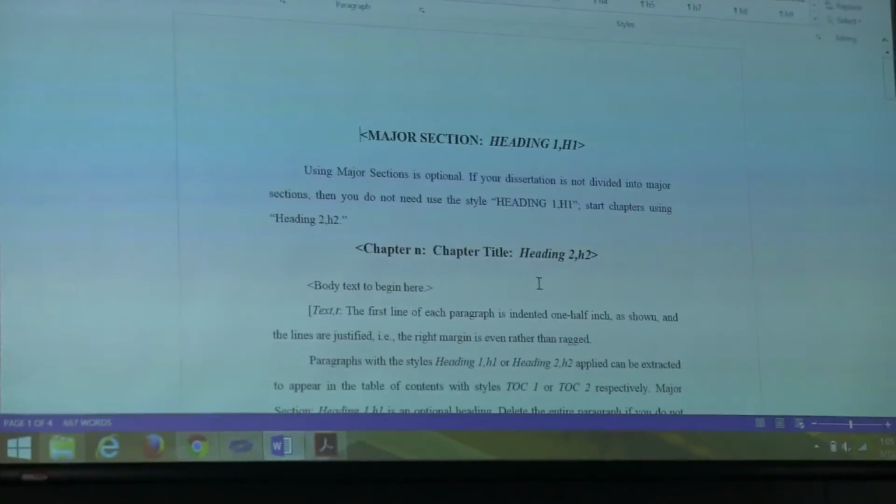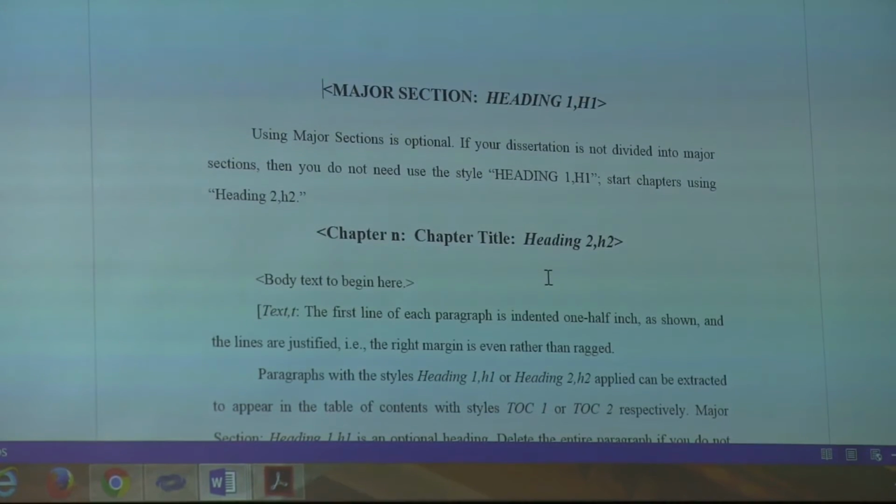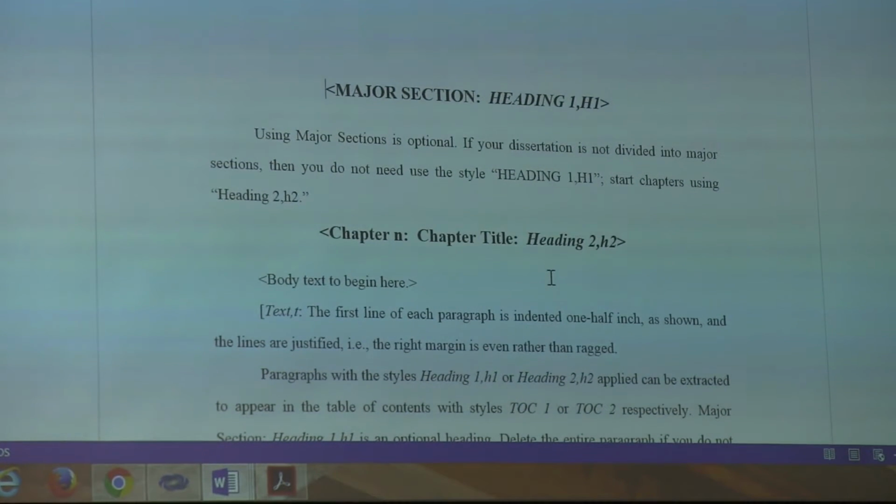We'll start with the 4th template, which is one that you won't really use per se, but it's good to look at just to get an idea of what we're going for. And that one is this one. It's called the chapter template. Doesn't mean it's what should become your chapter. It's just a sample chapter for you to look at. So the idea is to get your document to look more or less like this one.